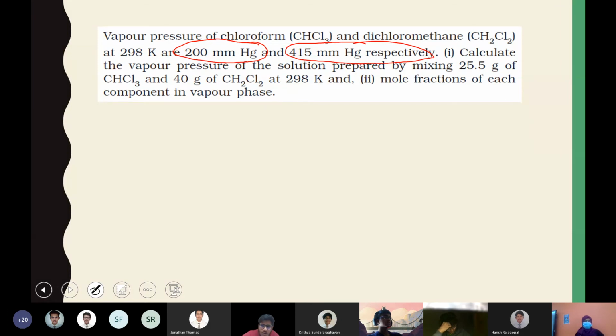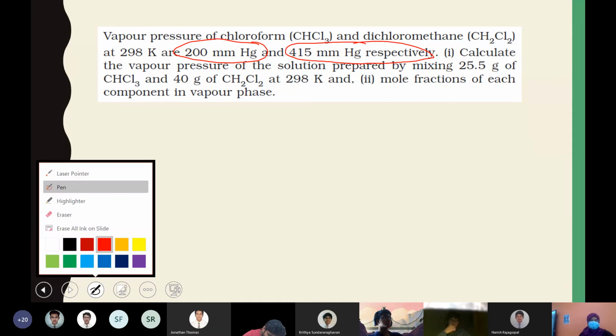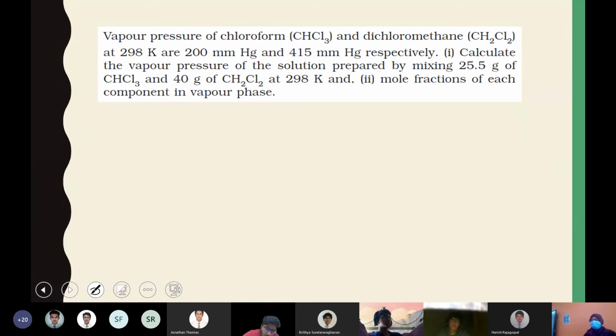So how can you solve this question? First, always write it down. What is the information? If you're getting confused with so many things in the question, too much information in a numerical, it's always better to write down the given data so that it will be easy to take whatever value is required, rather than referring to the question paper every time. Always extract the important information.